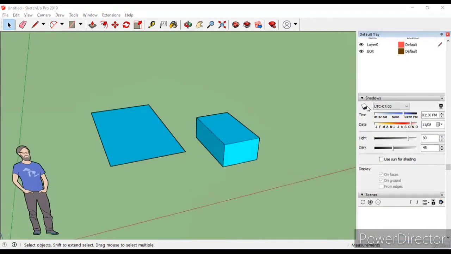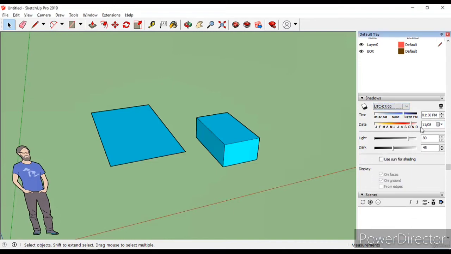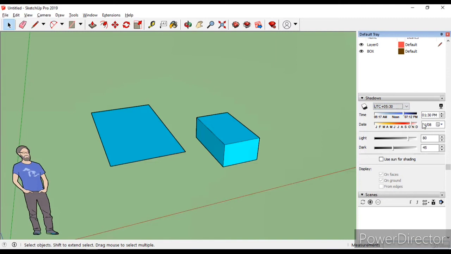Under the shadow option, we have option related to create shadows regarding to the different time zone and the different period of time in a day. So if I want to create a shadow in India, so we can select UTC plus 5:30, and I will select the date also, like make it today's date, and time.